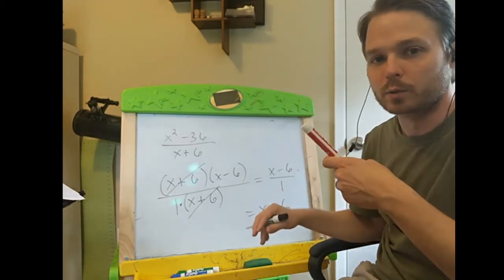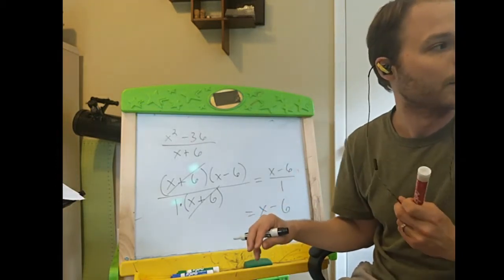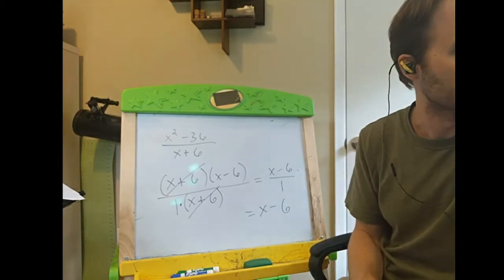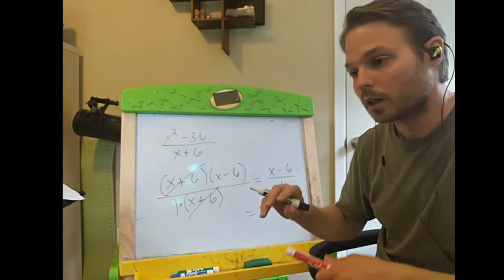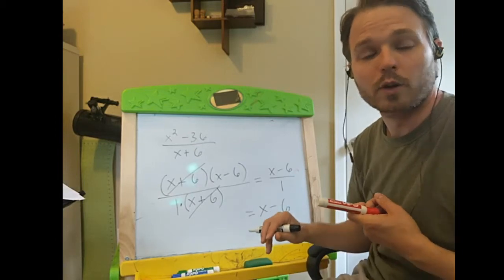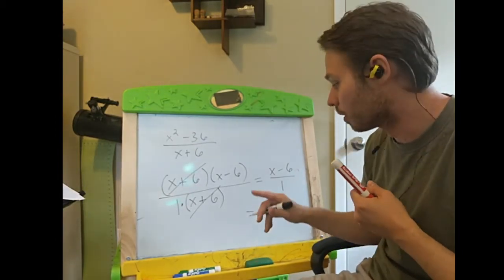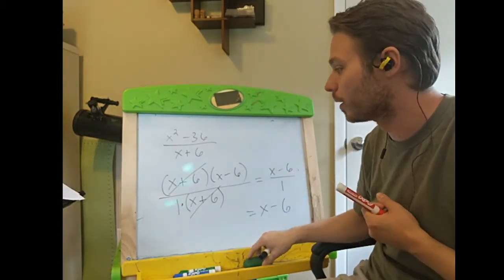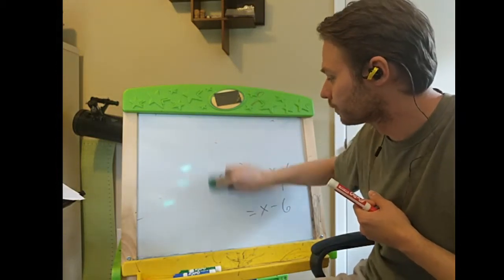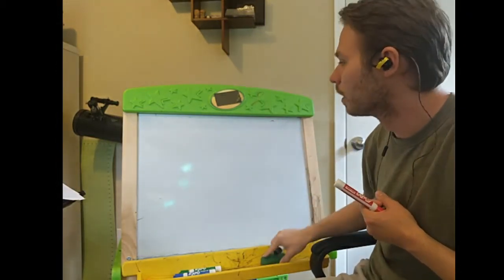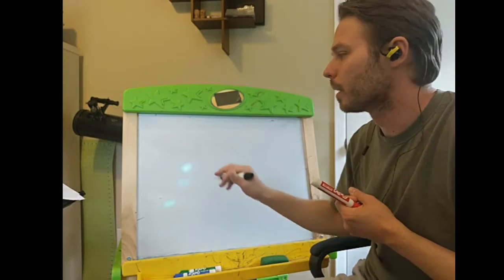So that's our general strategy here for taking care of these functions: we're going to try to just factor what we can in the numerator and the denominator, and then we're going to try to see what we'll divide out. All right, maybe one more quick one. How about something like